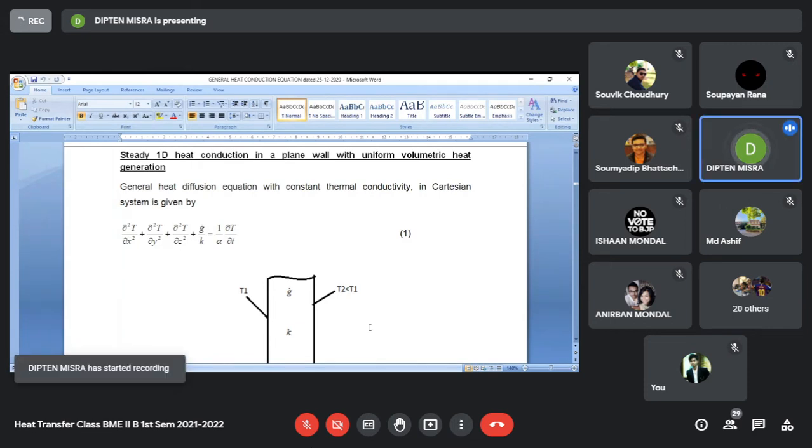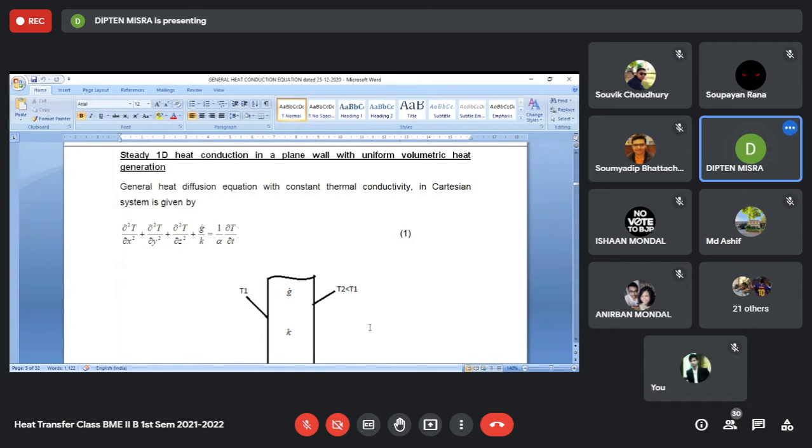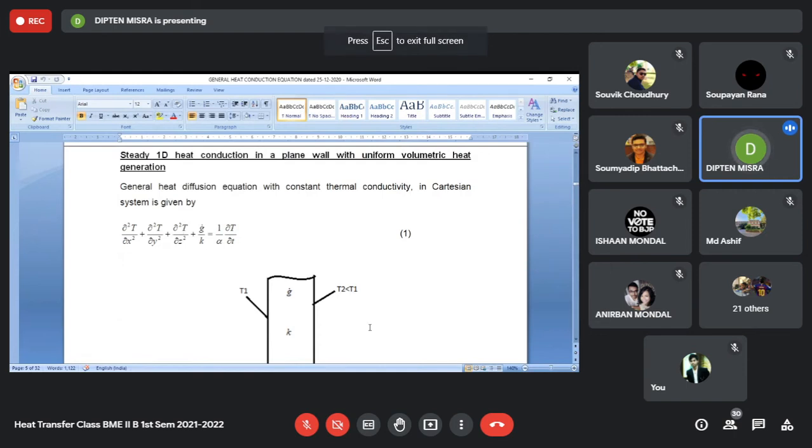Now we shall discuss a 1D heat conduction problem that takes place in a plane wall. A plane wall means a wall that has no curvature. It is a flat wall, like the wall of a room. We take a wall which has internal heat generation, and the wall is under steady state. So we consider a steady state 1D heat conduction problem in a plane wall with internal volumetric heat